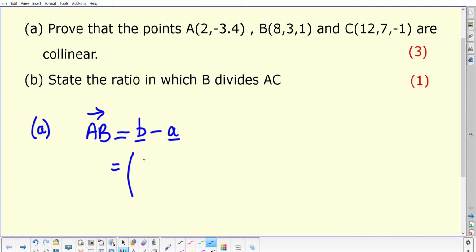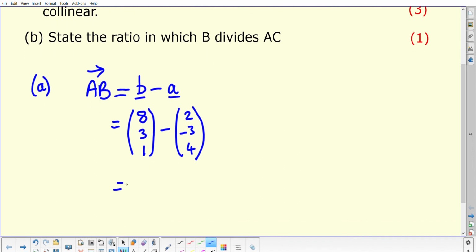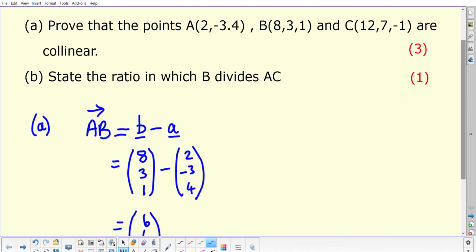That is just the same thing as the coordinates, of course. So you've got 8, 3, 1 minus 2, minus 3, 4. That gives you the value of 6, 6 and minus 3. I'm just going to leave it at that point just now, and I'm going to work out what the other